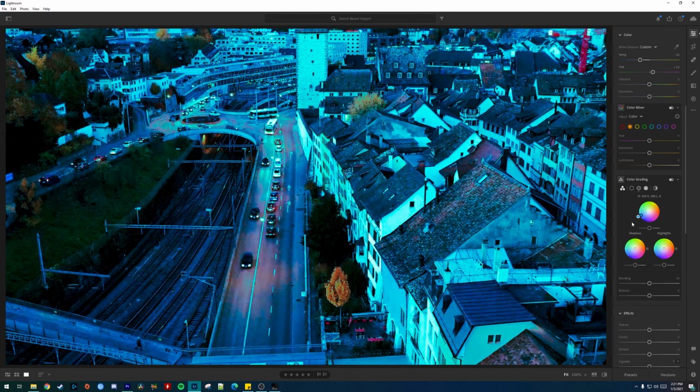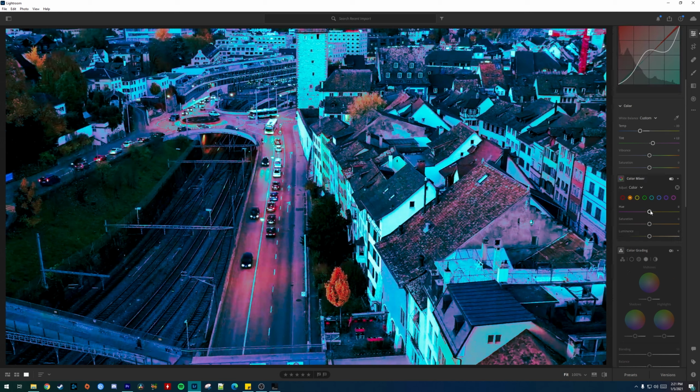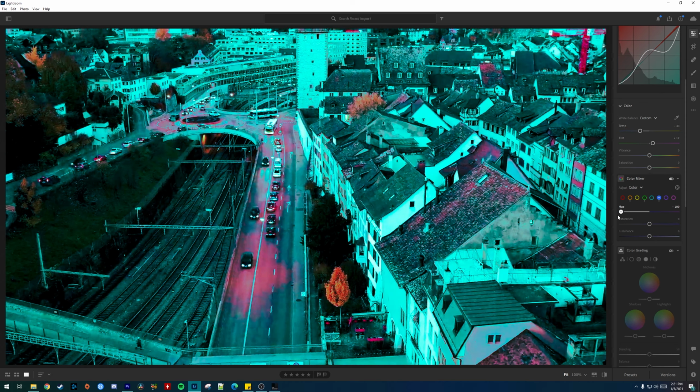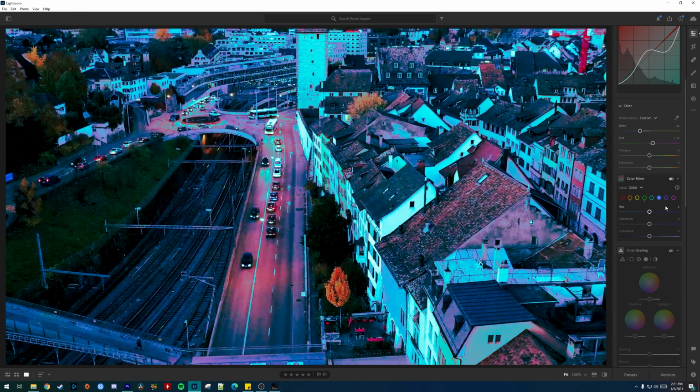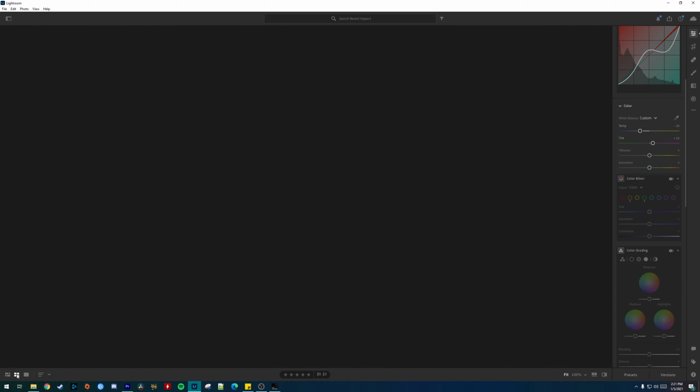Like, this is really just completely up to you, however you want to do it. I'm not going to use this for this one because I already think that that looks pretty cool, but anything you want to do here, like if you want to change the orange, play with green, play with blue, doesn't matter. Okay, so now that we're happy with this, all right, what we need to do is we need